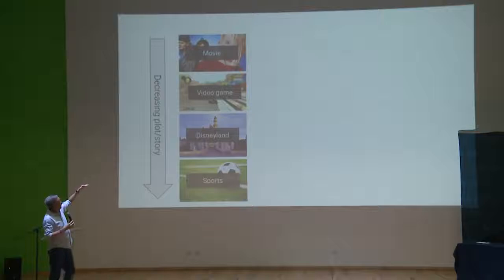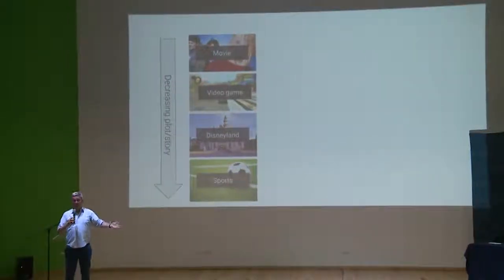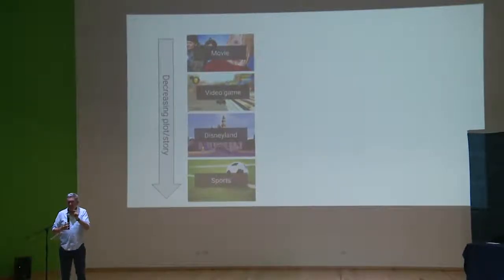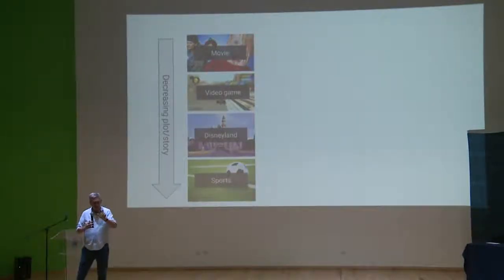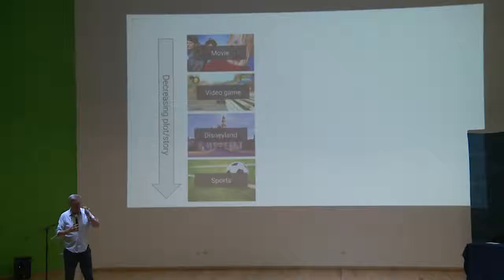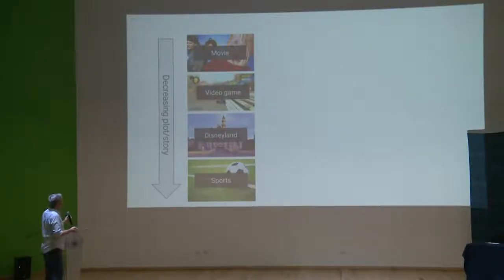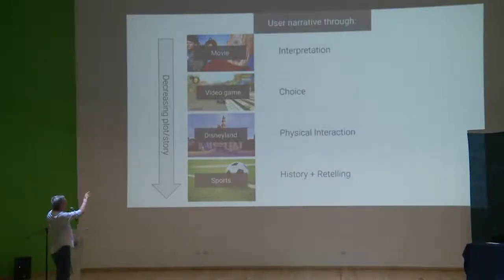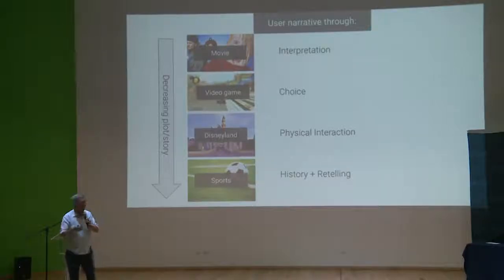So when you have something like a movie, there's a lot of story there. You just sit back and you absorb the movie, right? Really good movies, though, have ambiguous stories, so you have to think more, you have to talk. Like the Terminator movies are not very interesting because the good guy always wins, right? And the bad guys always fail. But the more nuanced movies make you think, like, what happened? Now, the difference is that in a movie, the story that you tell is the interpretation, whereas in a video game, you have choices so that you're more engaged, you can do more things.